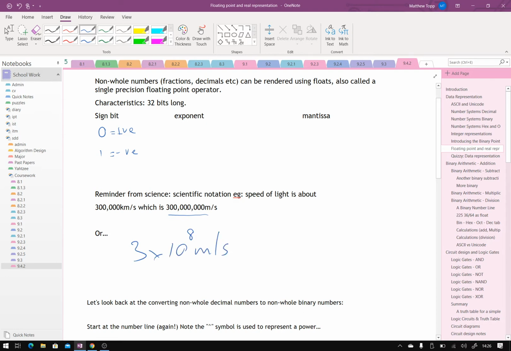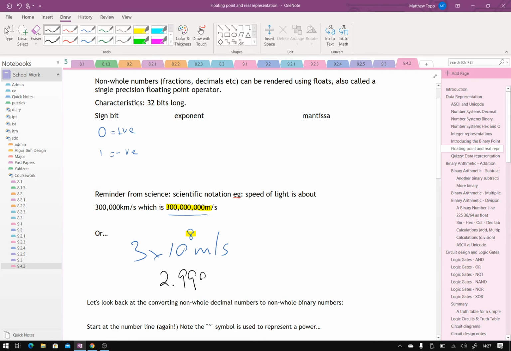Does that notation ring familiar? I was doing it 2 periods ago. Yes? Okay. That part is the exponent. That to the power of 8 is the exponent. Yes? No? Maybe? Instead of writing this chunky big long number here, I'm writing all those zeros as 10 to the power of something. So how does it relate to what we're doing? Because I'm going to write a number in this manner. Does the exponent also have a sign bit? Hold on. So if I was to do the speed of light properly, instead of 3 times 10 to the 8, it would be